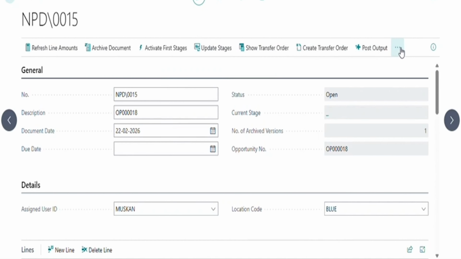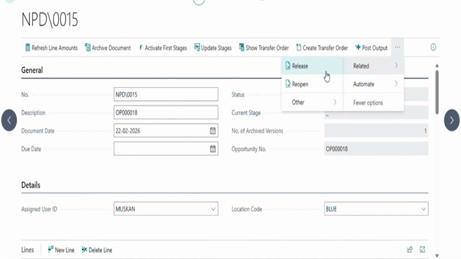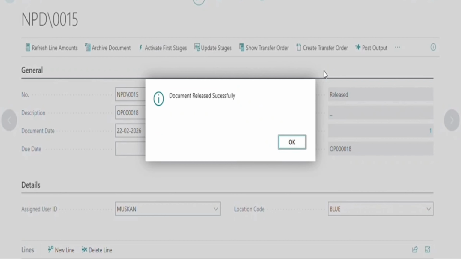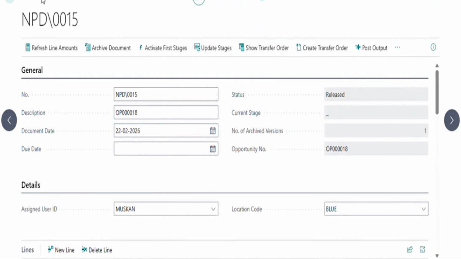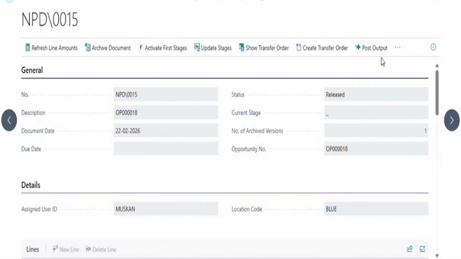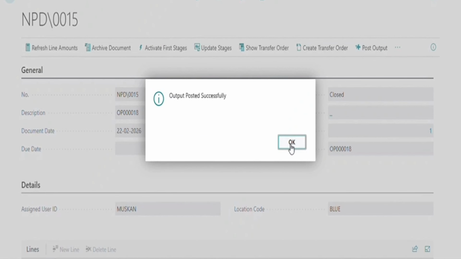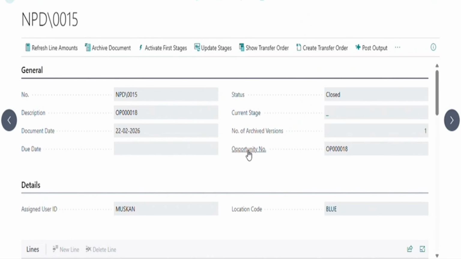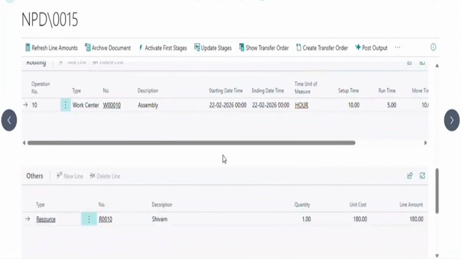Now here we have to release this document. This will auto update the unit cost in the opportunity card of this item. Then if you want to post this item, like if you want to post the output of this item, click on post output. It will be successfully posted, and the status will be changed to closed,